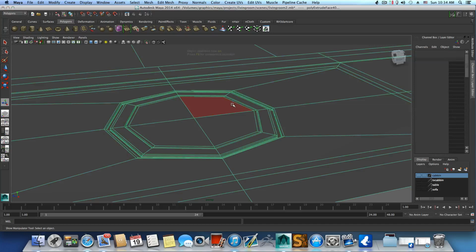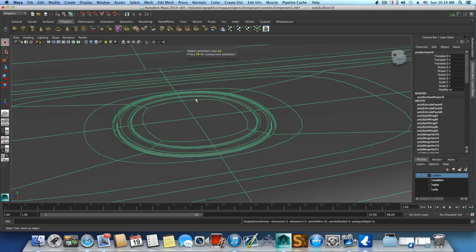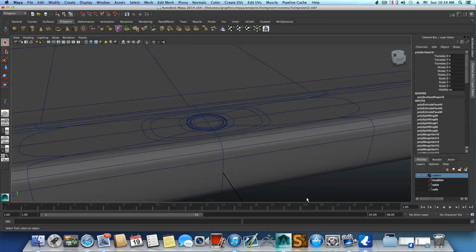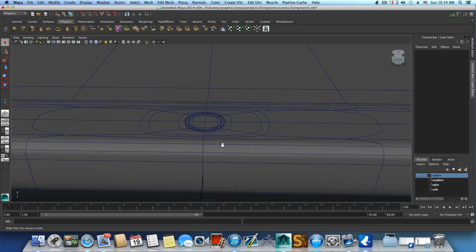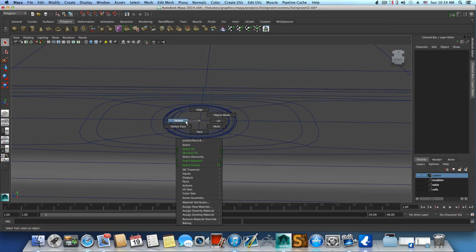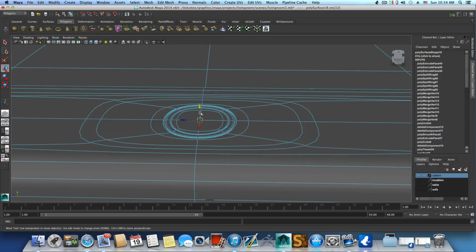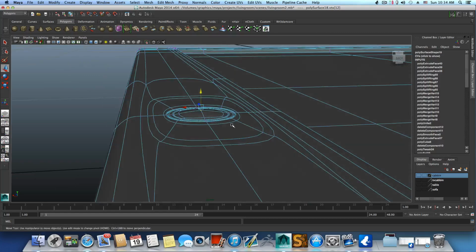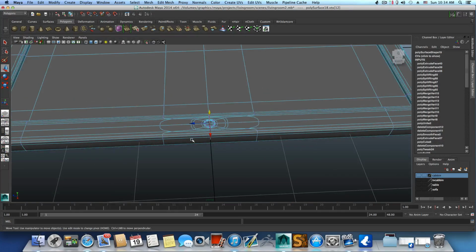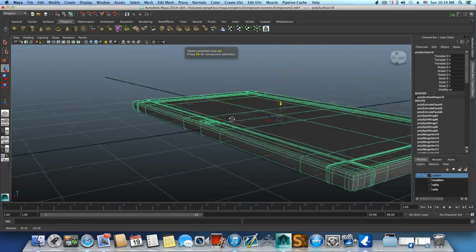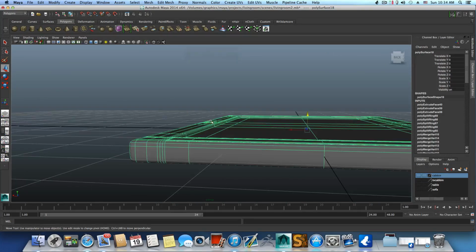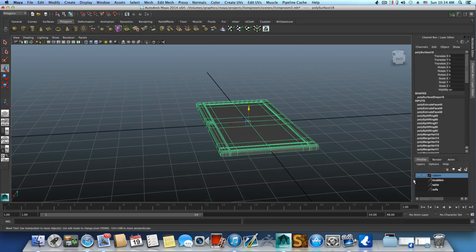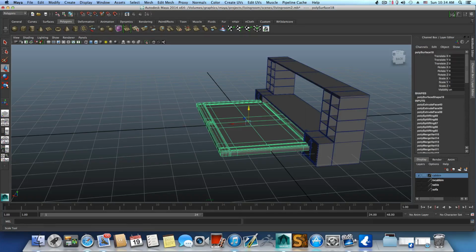Now press F8 to bring it back to object mode and press 3 to smooth preview it. So you will get a nice button for your TV, and if you really want to, you can grab this vertex here, pull this up a little bit, and that will be nice. So I think this is it for this part, but you know what, let's first bring in the cabin and